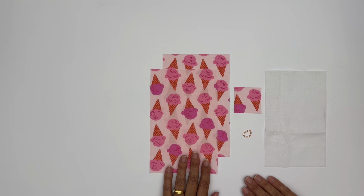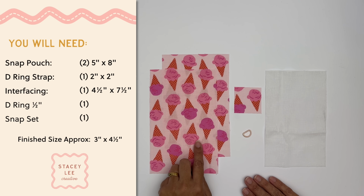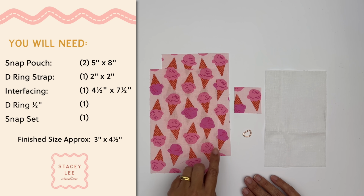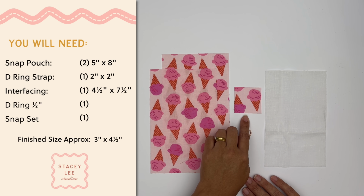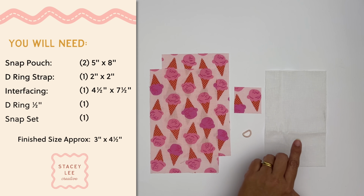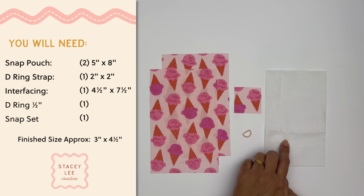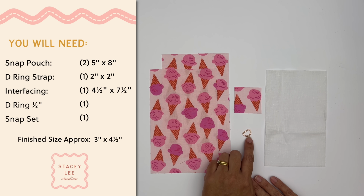Let me show you how to make a snap pouch. To make this project, you're going to need two pieces of fabric that measure 5 inches by 8 inches. I'm using both of the same fabrics, but you could always use a different fabric for the lining. Then we need another piece of fabric that measures 2 inches by 2 inches, a piece of interfacing that's actually 1/2 inch smaller than our fabric, so that's 4.5 inches by 7.5 inches, and then we have a 1/2 inch